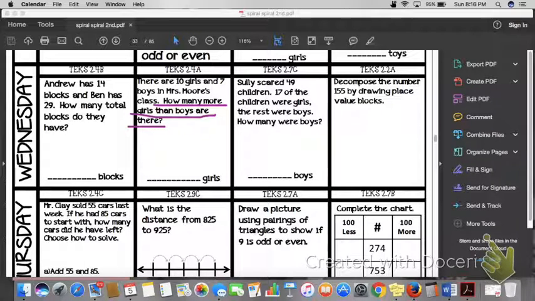Then we're going to circle information. So let's look for the information that we need in order to solve the problem. We know that we need the 10 girls and 7 boys are in Mrs. Moore's class. How many more girls than boys are there? So what is our boom word? What are the words or word that is hinting us, telling us what we have to do? If you said how many more, you are correct. How many more is telling us to subtract. Whenever you see the words how many more, that is an